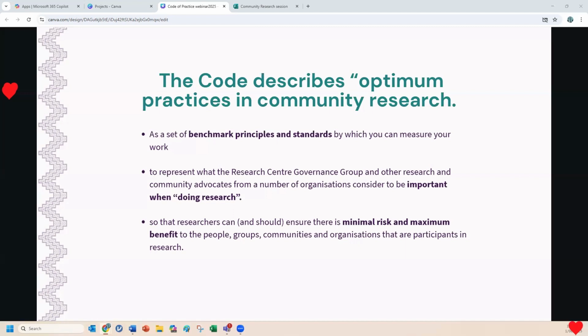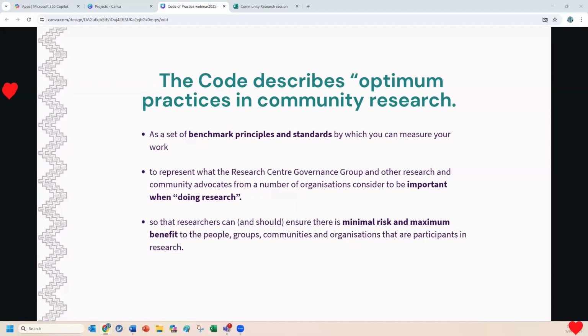And so this set of standards and practice was developed in 2007. It was set up to describe the optimal practices in community research. Community research has its unique set of contexts and challenges, and every time it's a bit different. And so it's one of the korero that we had in terms of thinking about the community research library and collections, that if the standard from the code of practice was the benchmark,